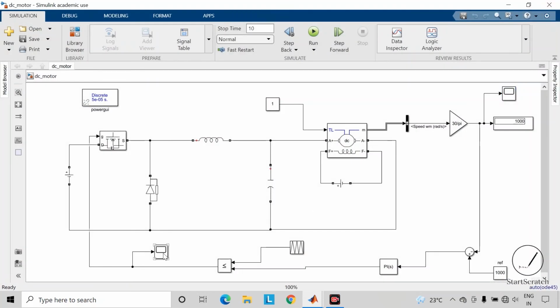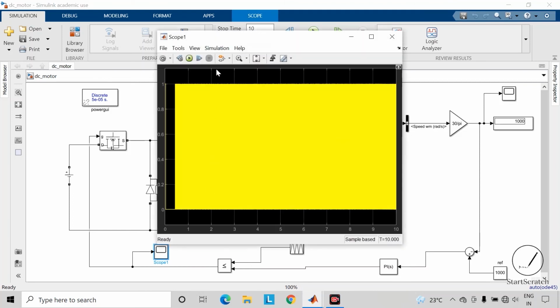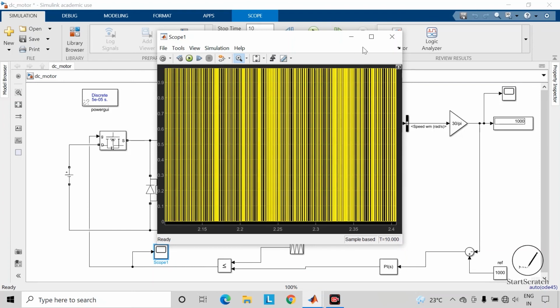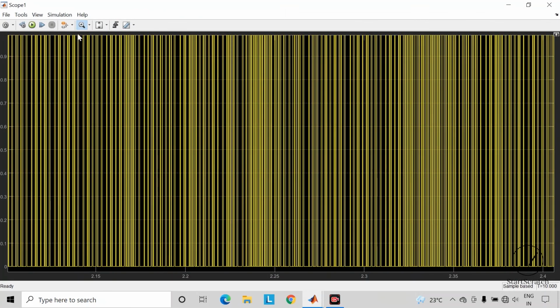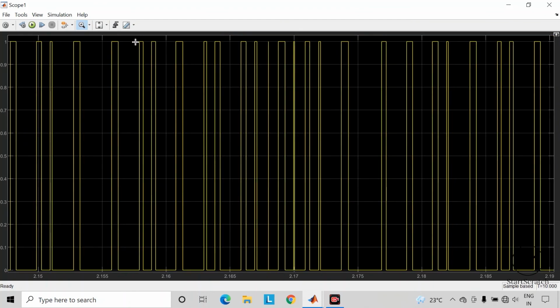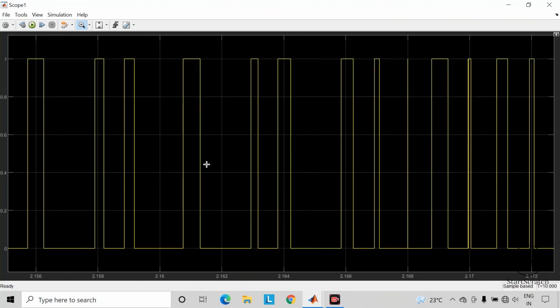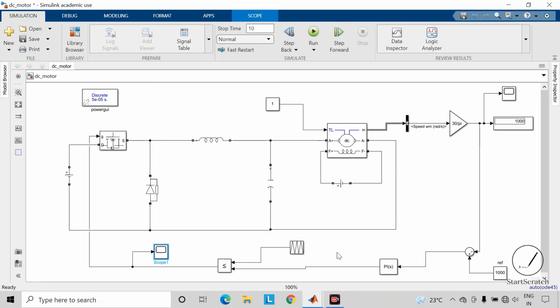So if you open the scope block, you can observe here the pulses which will be fed to this MOSFET.